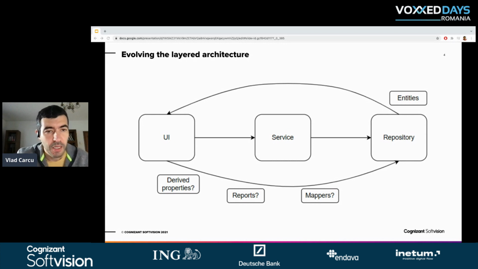And that's not all. Let's say that we start a small project. For now, it's just a simple CRUD, and everything which you're saving is also everything which you're showing. It's a bit of what you see, what you get. But then something changes. Let's say it's a small change. You have in your repository a first name and a last name, and you need to show a full name in a certain screen. And you end up with this derived property, which you either calculate each time, or after you're bored of doing that calculation everywhere, maybe, I don't know, for performance reasons,